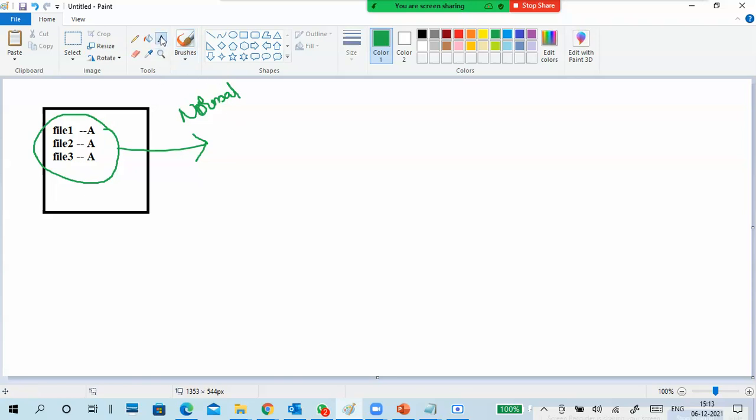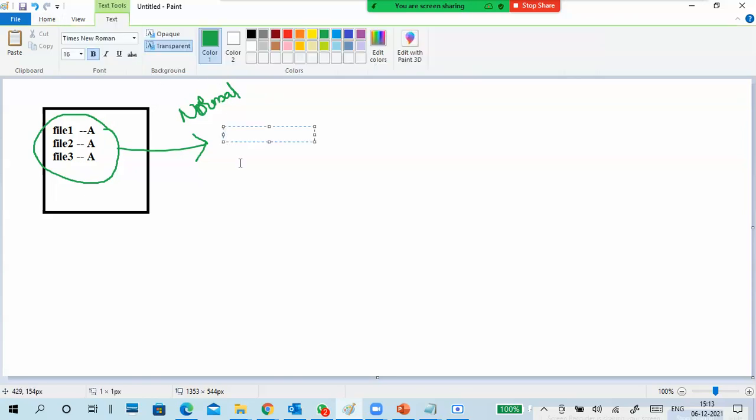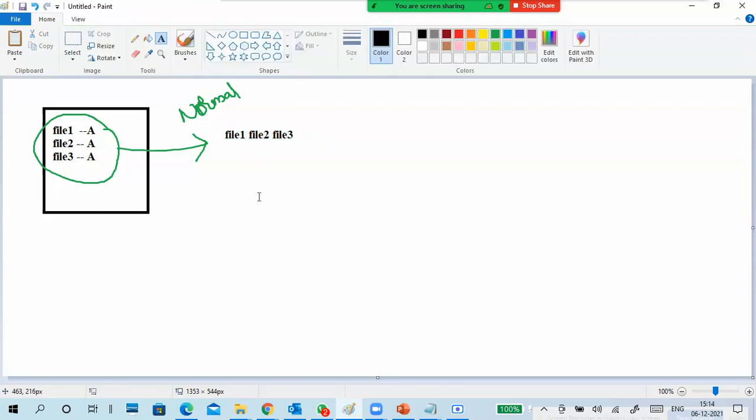So what are the files in my normal backup? File 1 in my backup location, file 2, file 3. So three files are in the backup location.